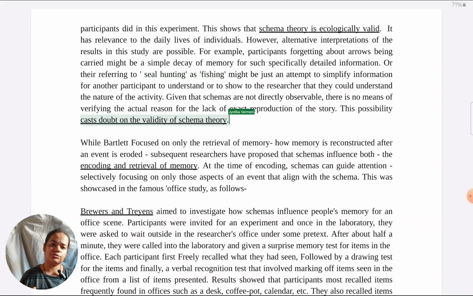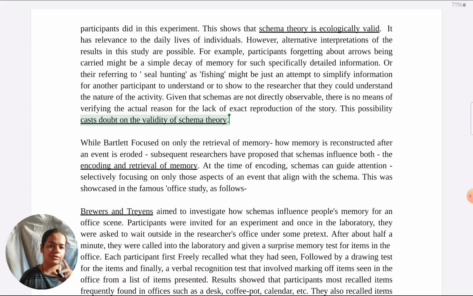And in conclusion of this evaluation point, am I saying that the study is invalid? No, because the results of the study can have alternative explanation. Perhaps schema theory by itself is invalid, because we are saying schema theory is true because studies like this are showing it. But if the study's results are only in question, we are not sure whether the interpretation of the results is correct. Perhaps schema theory has no basis. So again, I'm evaluating the larger theory in light of this study. This is how we write evaluation points.